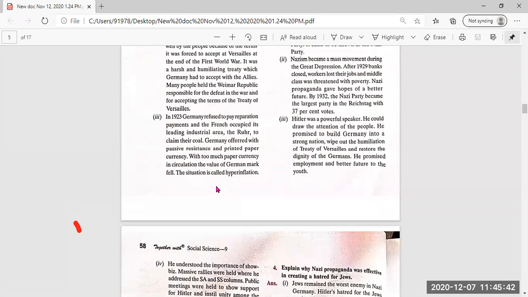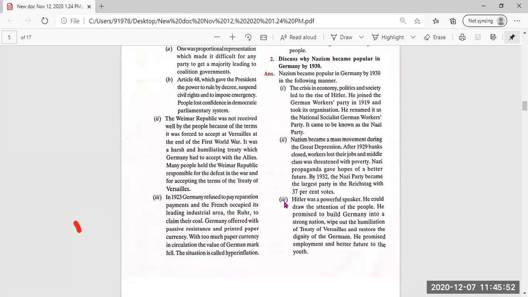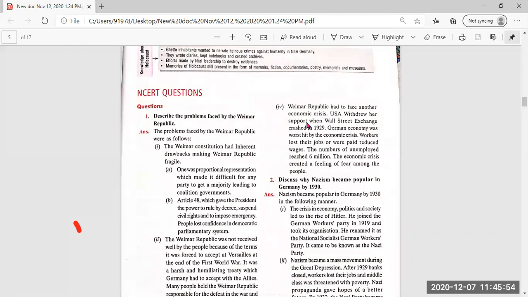So what is hyperinflation? When too much paper currency was in circulation, the value of the German mark fell, and the situation was called hyperinflation at that time. Then the Weimar Republic had to face another economic crisis, and that was the USA withdrawing her support when